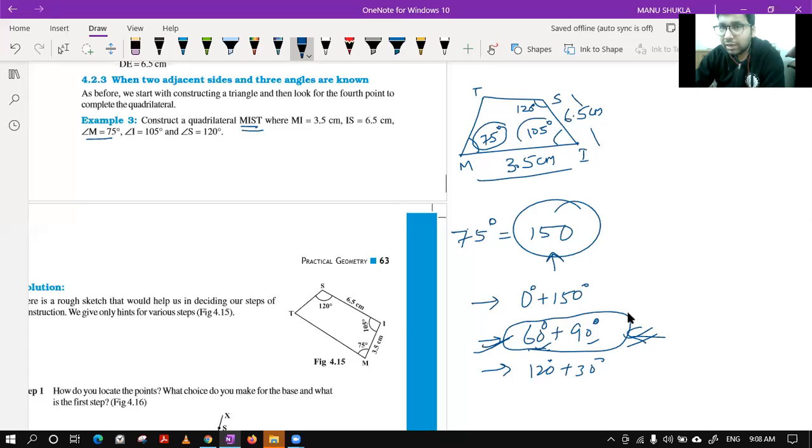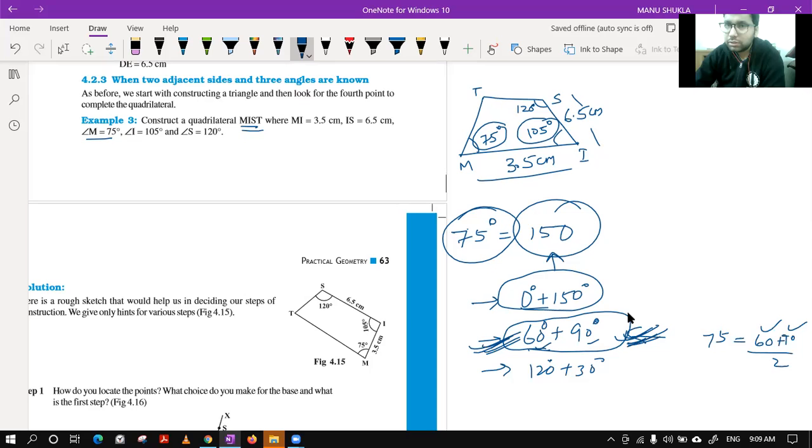Similarly, tell me, how will you draw this angle 105 degree? We have got that 75 degree can be done. Ananya's 150 can be done, yes, it can also be done. For this, you have to draw 180 first, then reduce 30 degree angle. But it is easier for you to understand right now, so I prefer 60 and 90. So 75 can be obtained by adding 60 plus 90 upon 2. That is why we are bisecting 60 and 90 for this.